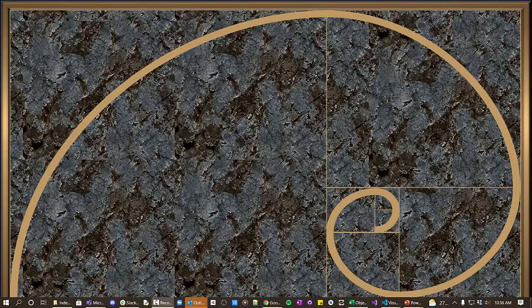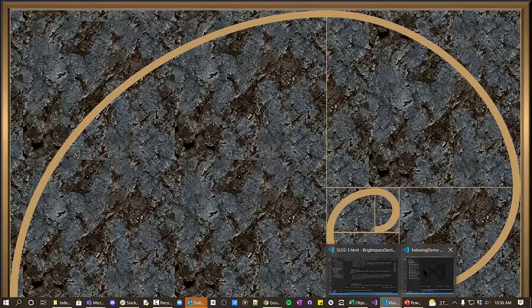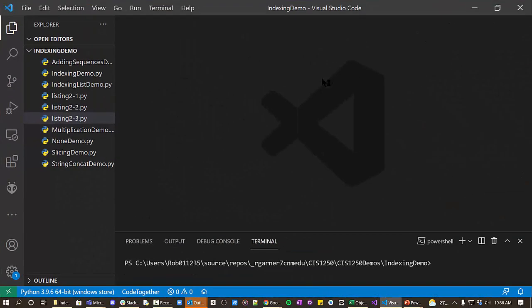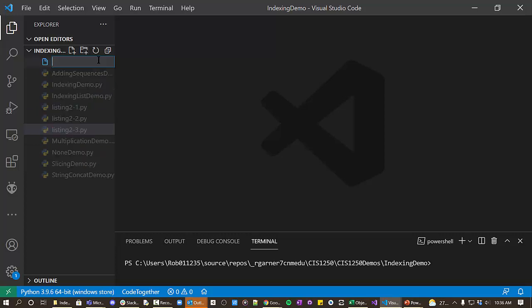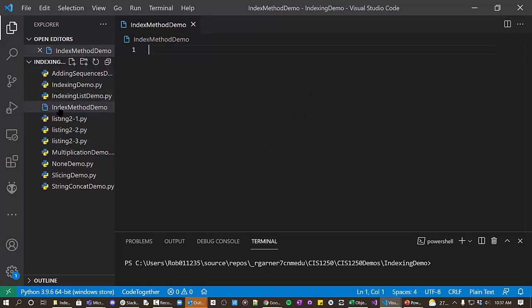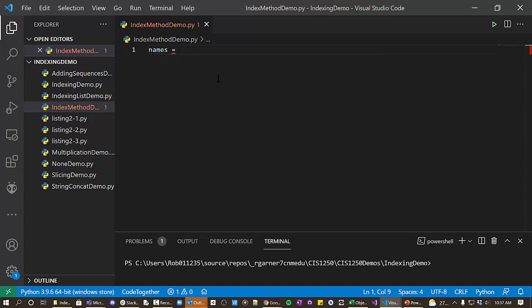The next thing we're going to look at is the index method. I'm going to create a new program called index method demo. Make sure that this is .py so Visual Studio Code knows that this is a Python program. And we're going to make a list. Maybe I'll just say names is equal to